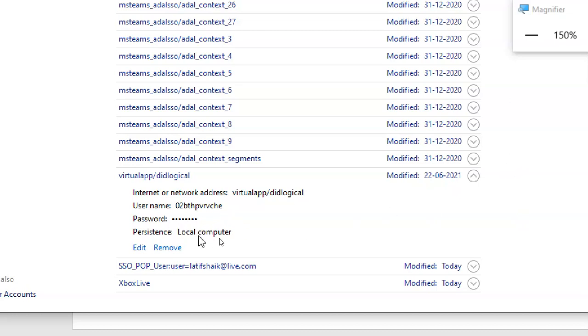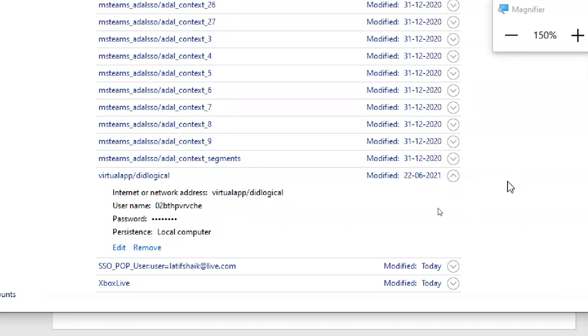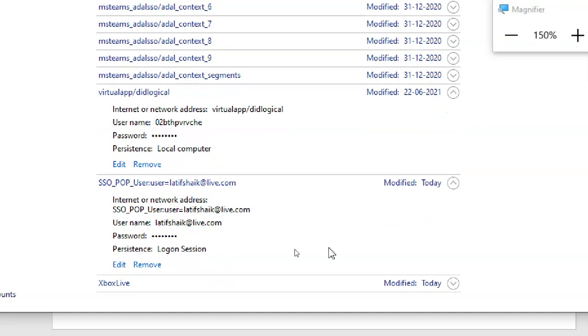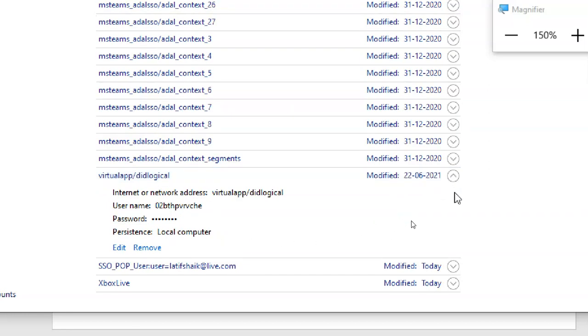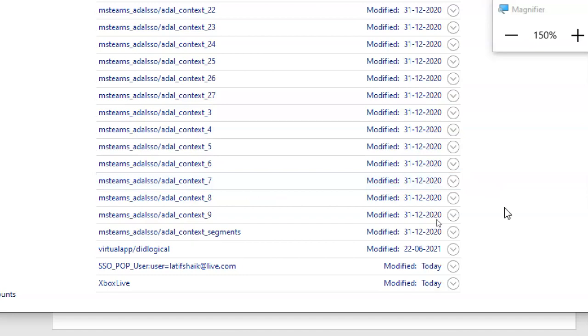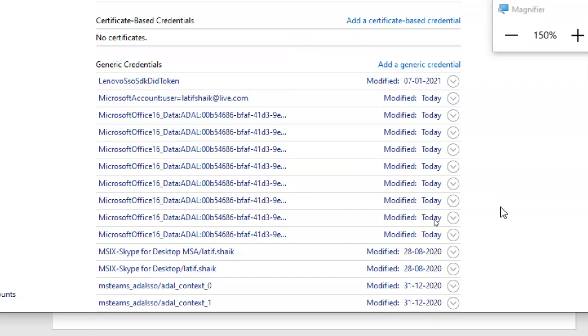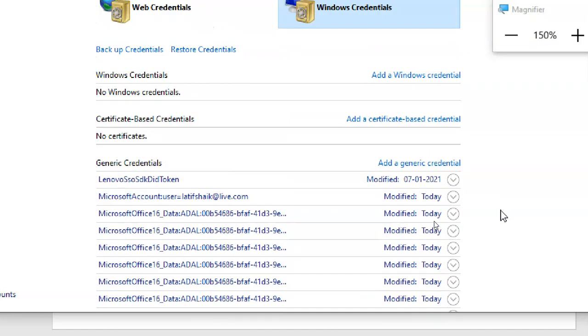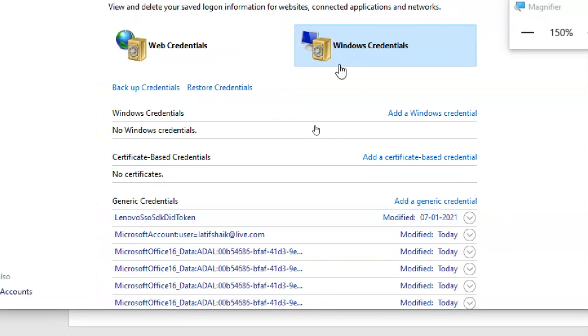Some links are there. My mail account related one, my personal mail account, live.com. So credentials mean the particular service, particular application, their passwords and keys are stored here only.